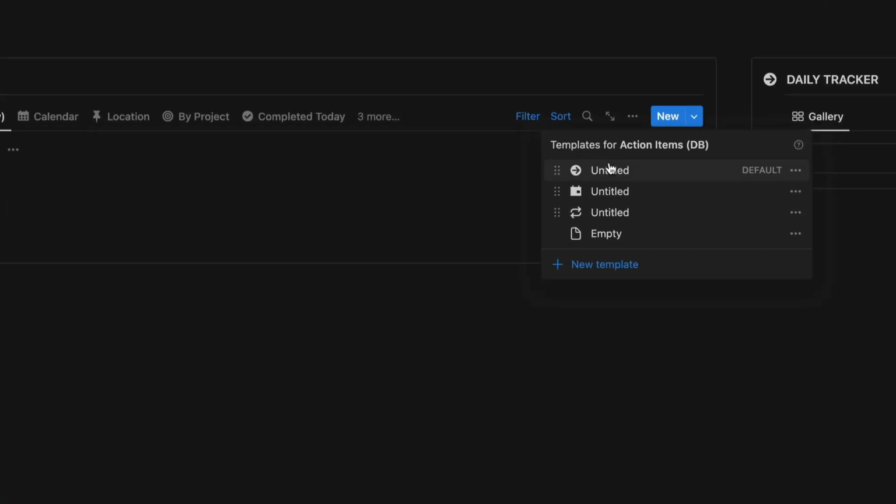As you see here in this template, I have this one with a little arrow to the right, and that is for one-time tasks only. The one with the little calendar symbol is for calendar events. And the one here with the arrows going around and around, like repeating, is for recurring tasks. So if I go ahead and click on that,